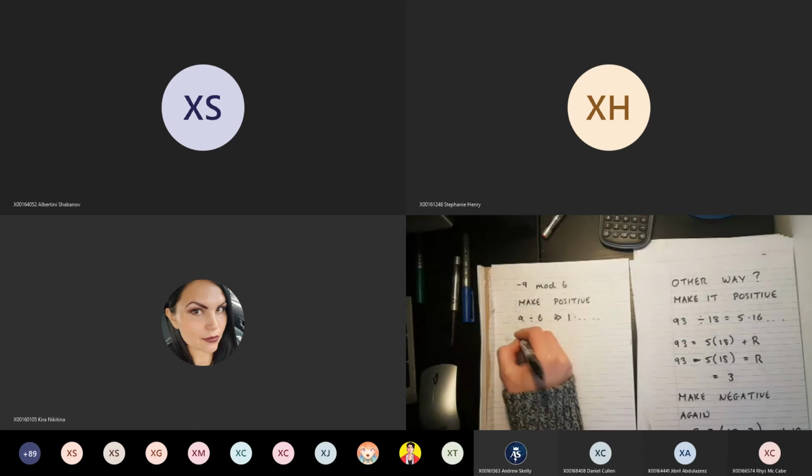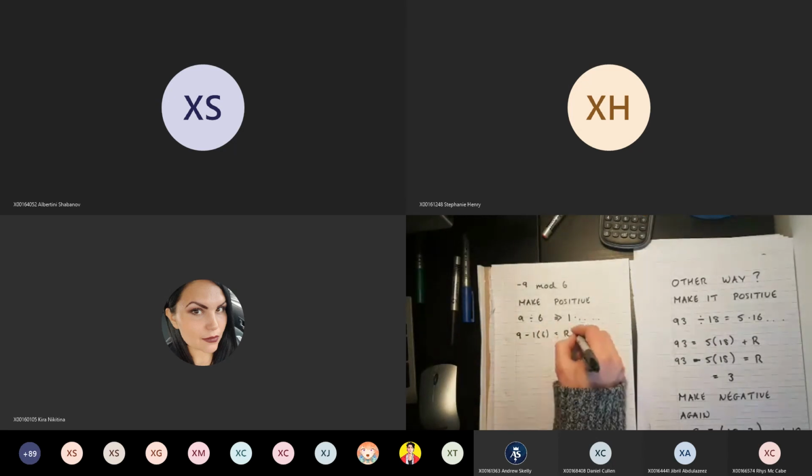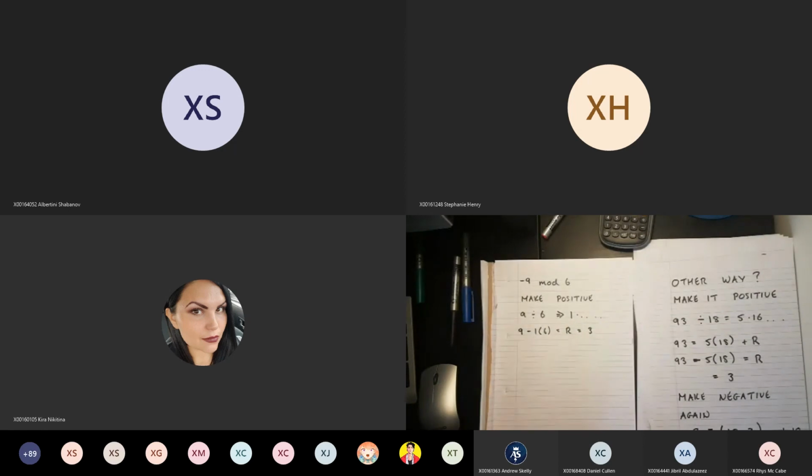I would say that 9 minus 1 times 6 gives me my remainder, and in this case my remainder is 3. So now what do I have? Well, 9 is congruent to 3 in mod 6, so that would mean that -9 has to be congruent to -3